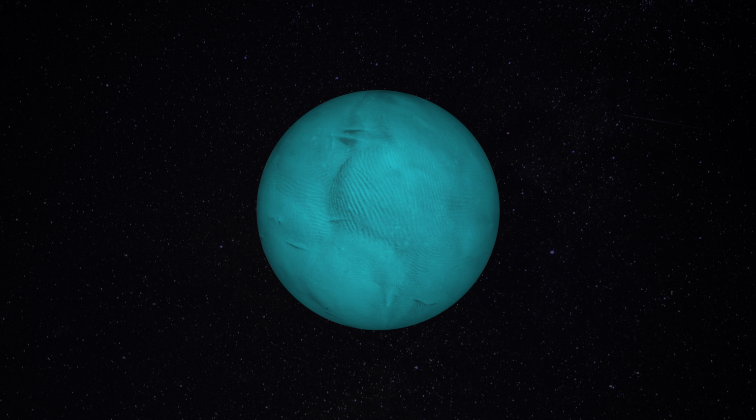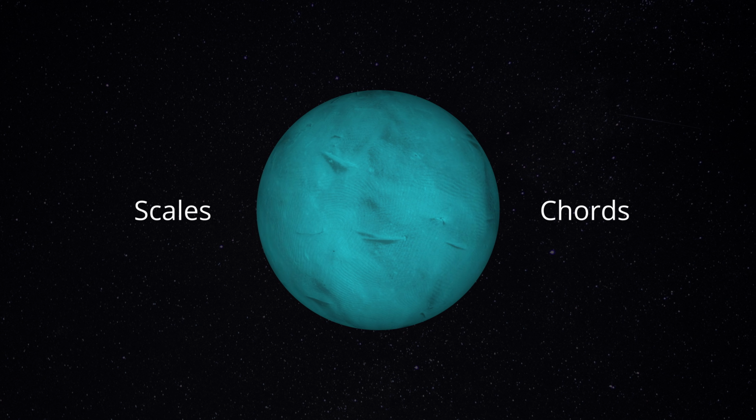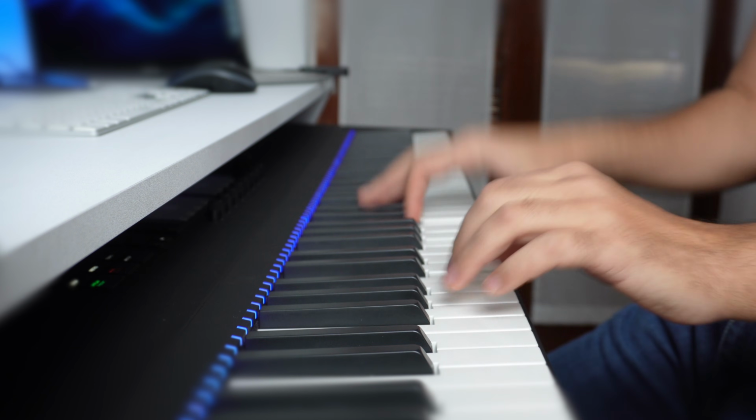Think of tonality as a planet composed of scales and chords. Much like gravity, tonality holds them together, providing stability and a clear sense of direction. And just as planets have distinct qualities, each tonality carries its own mood. The major distinction here is between major and minor.